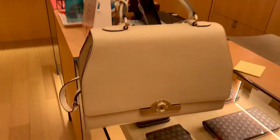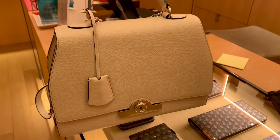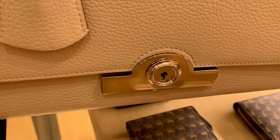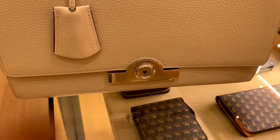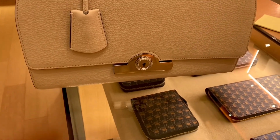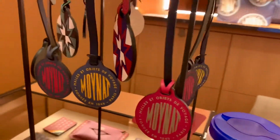And here's my baby. So the heart is already getting stamped. This one actually is like a mirror. The Palladium hardware. You can see your face. So I use it as a mirror. Pretty cool. And this is what they have left for